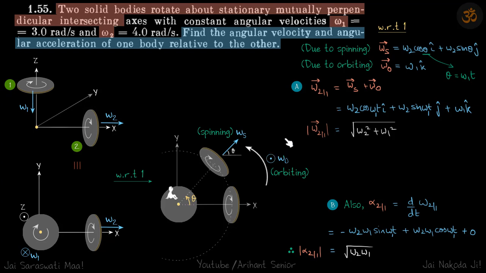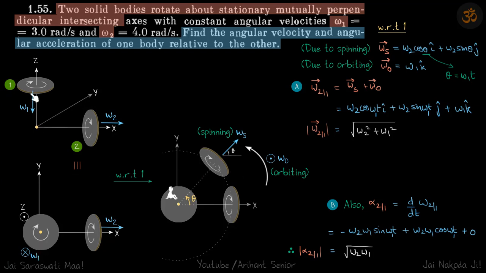So I have taken a lot of time explaining this, but once you understand how we are doing it, you can see there are not many calculations here, but you need to understand how we have done this problem. For example, we have not written here omega 2, even though the magnitude is the same, because the direction is changing, so we have written it as omega s. And omega O also, we have not written as omega 1 because the direction of omega O is opposite to that of omega 1.